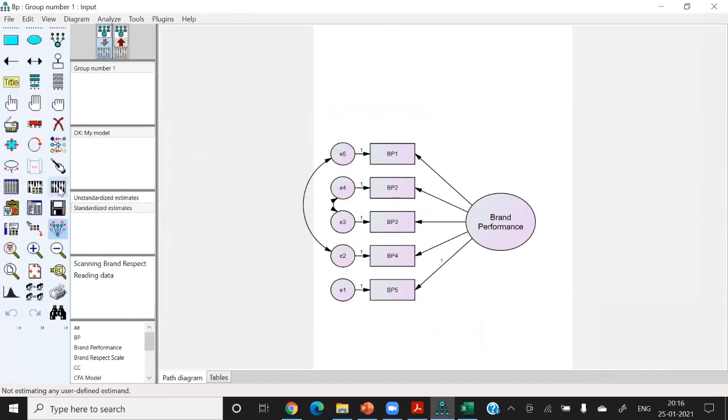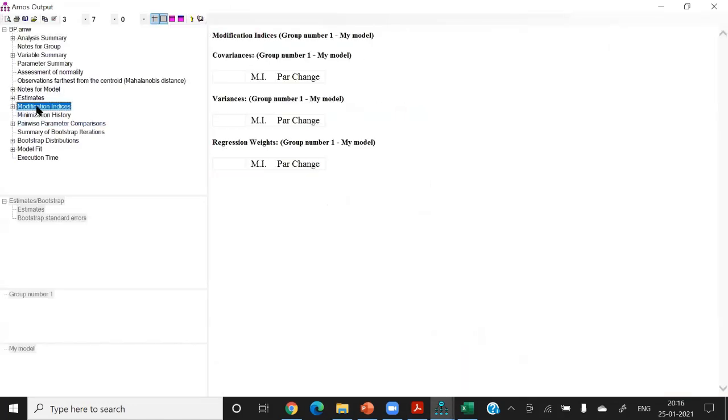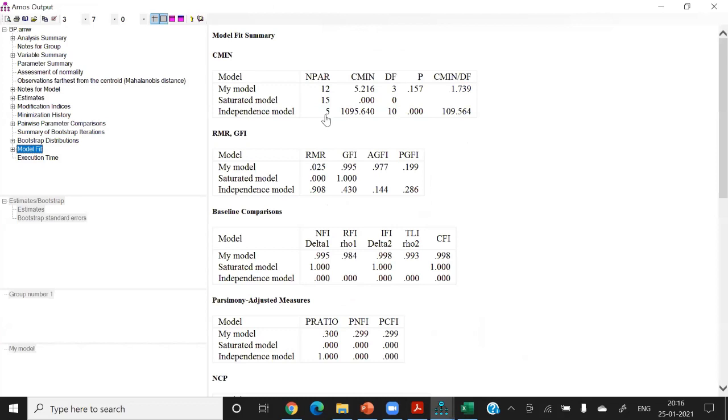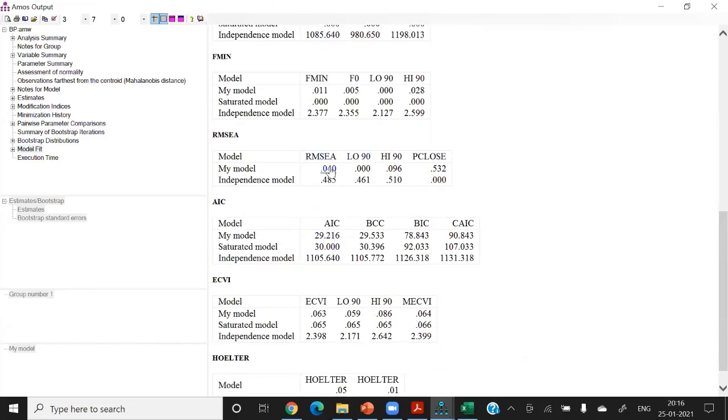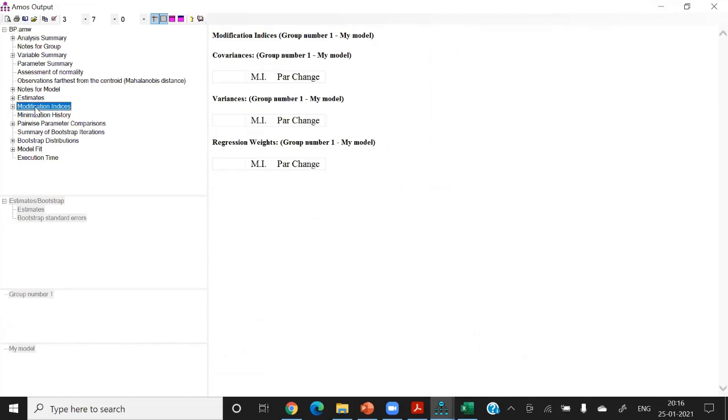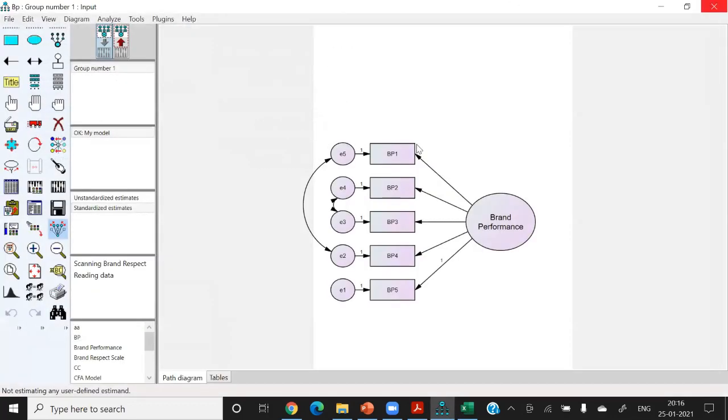So the modification indices play a very important role in correcting the model. You can see that even after adding these two arrows, all the problem is gone. RMSEA is also fine. So modification indices are one of the important concepts that we should know to improve the model fit indices. At this point, we have many solutions. And if you don't want these arrows, then you have to make some changes in the data set to correct the model fit indices. Let me run it once again.